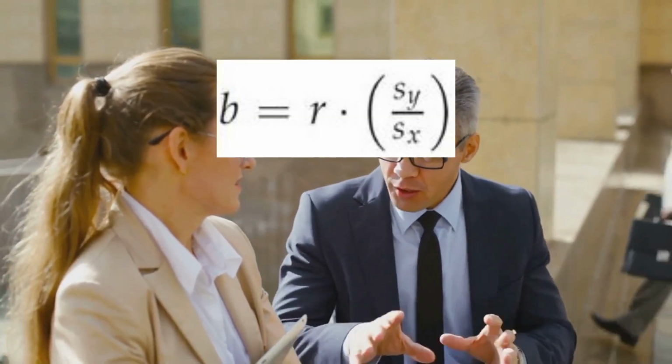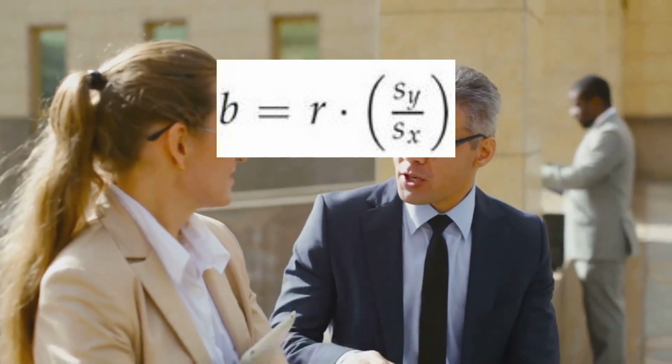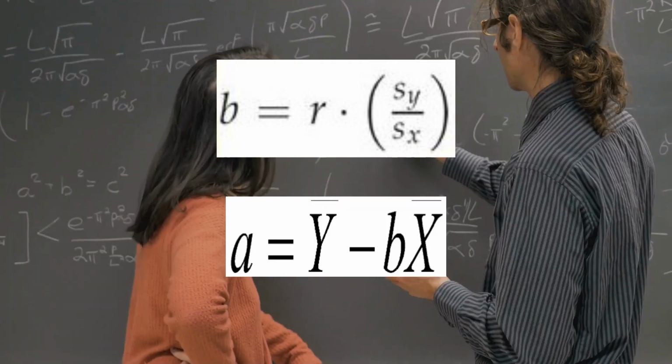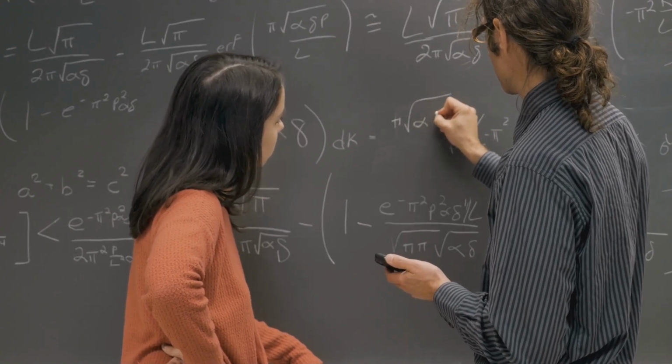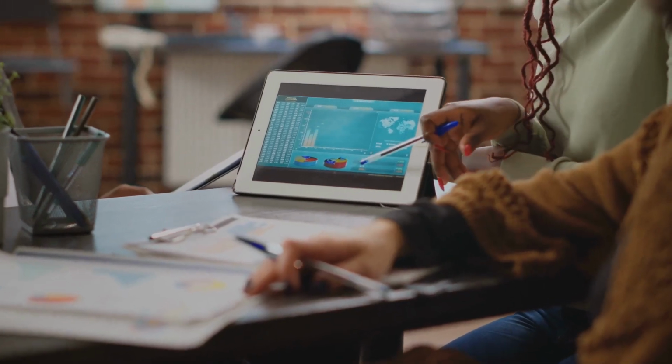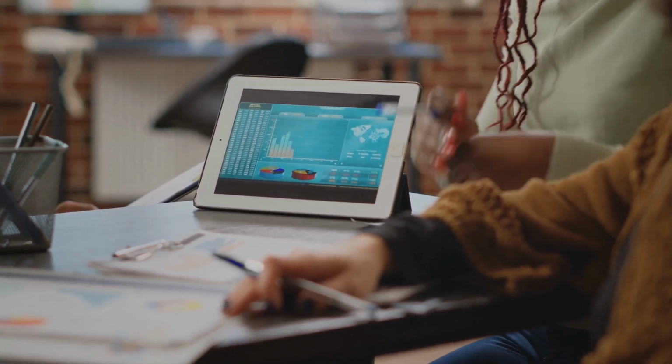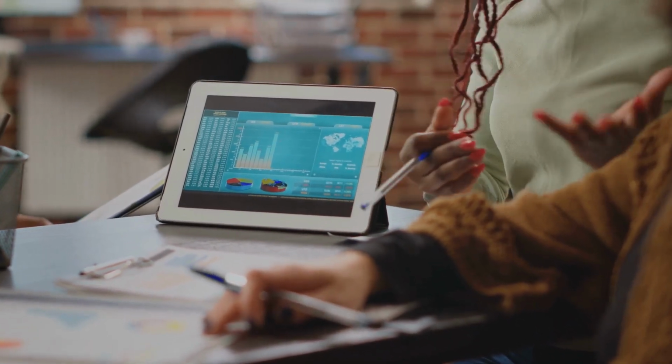We discovered that x represents our explanatory variable, while y stands as our response variable. We learned how to determine these coefficients using modern technology, and the formulas b equals r times s_y over s_x, and a equals y bar minus b times x bar. We also understood that these calculations aren't just mere number crunching. They hold meaningful interpretations and applications in our data analysis. Remember, coefficients